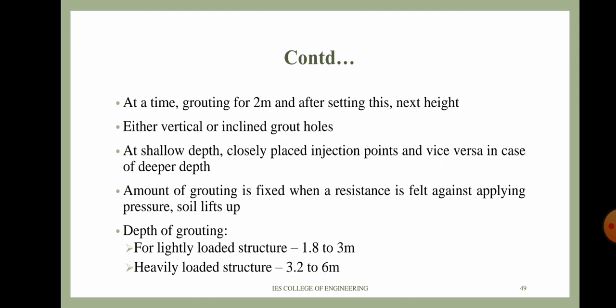And at the time of grouting, it is done for 2 meters, and after setting this, it is lifted to the next height. The grout holes can be vertical or inclined in the case of compaction grouting, and in the case of shallow depth, closely placed injection points are used, while in the case of deeper depth, far away injection points are selected. The amount of grouting is fixed by the resistance shown when the pressure is applied, and